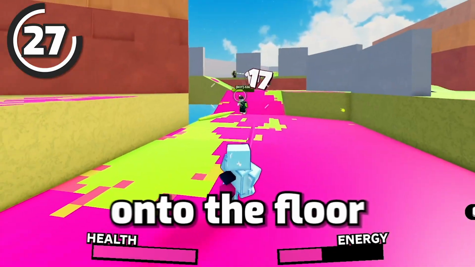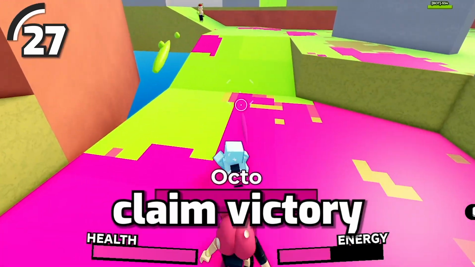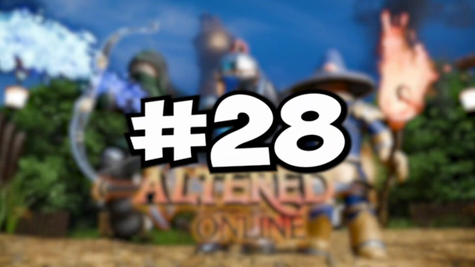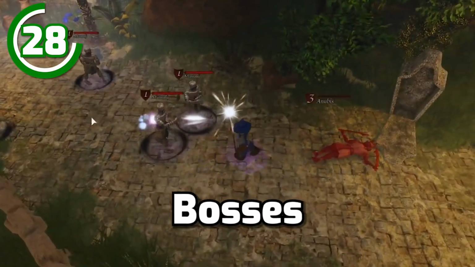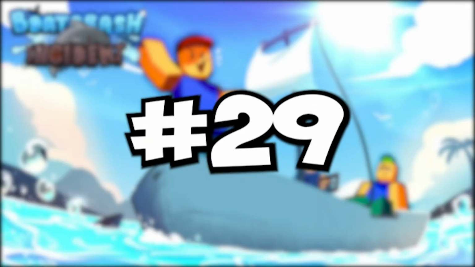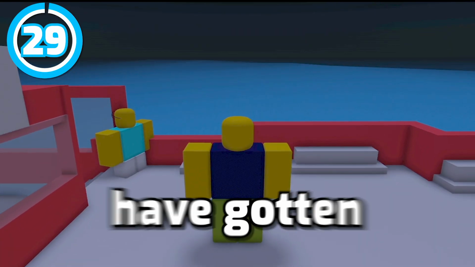You spray paint onto the floor or give damage to other players. The goal is to claim victory by spraying the whole area with your team color. Game number 28, we have Altered Online, in which you conquer powerful bosses. You fight through various mobs. Really cool game. Game number 29, we have Boat Crash Incident, in which you and your friends have gotten into